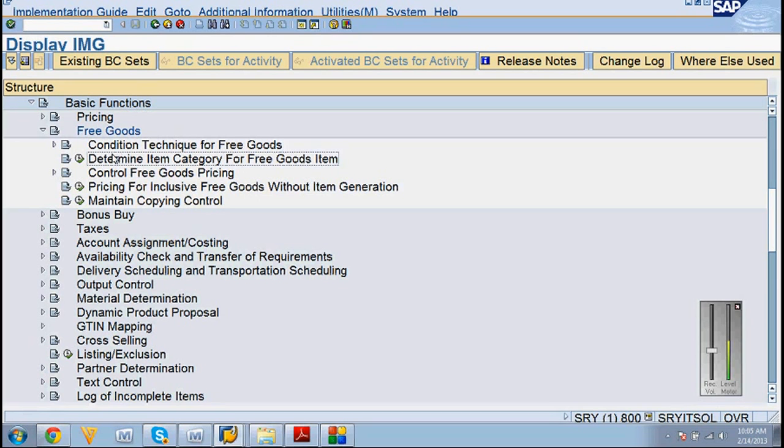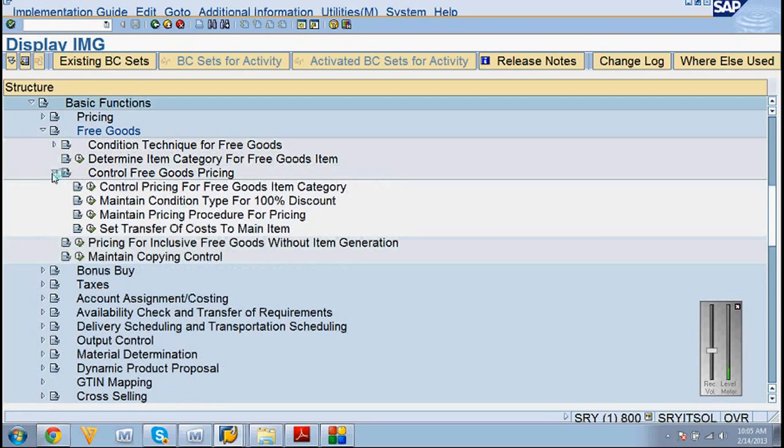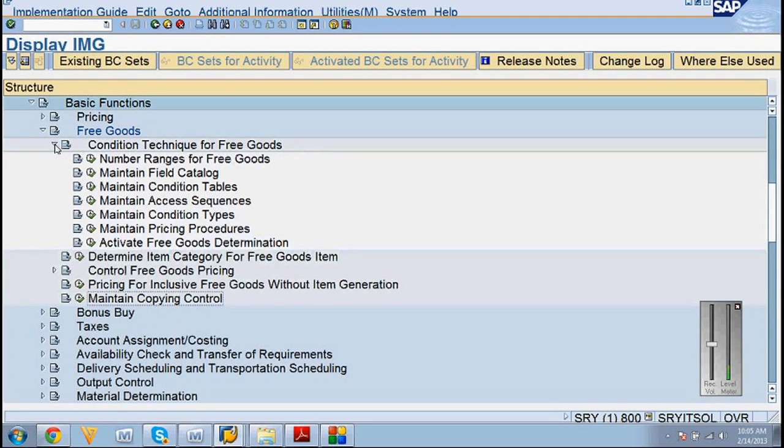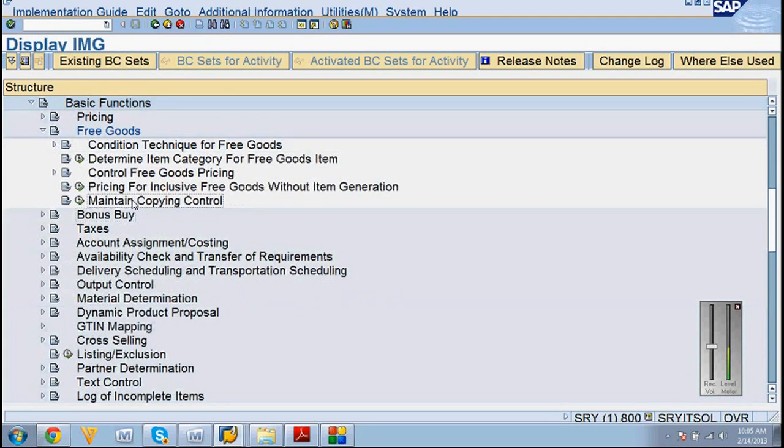Determine item category for free goods item. Maintain copy control.